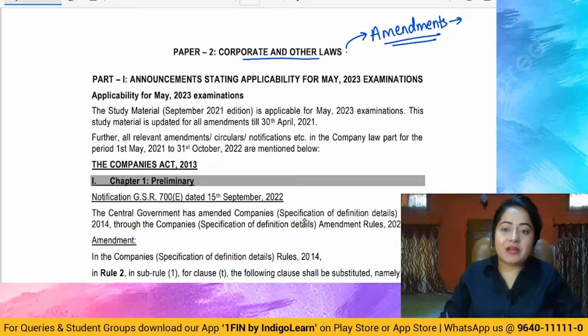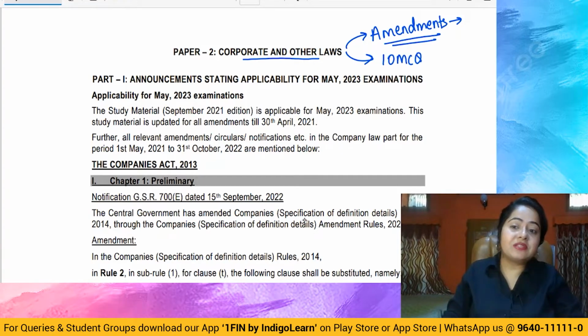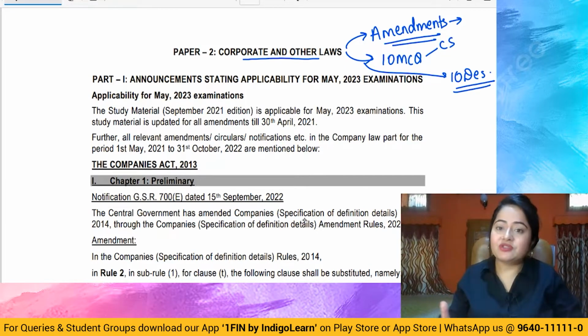Apart from that, in your RTP, there are questions and answers given. The first part is the multiple choice questions. There are 10 multiple choice questions given, in which the first one is a case study. Apart from that, there are 10 descriptive questions also given. So first we are going to be solving the descriptive questions. After that, we will solve the multiple choice questions, including the case study. Okay, are you ready? Let's start.